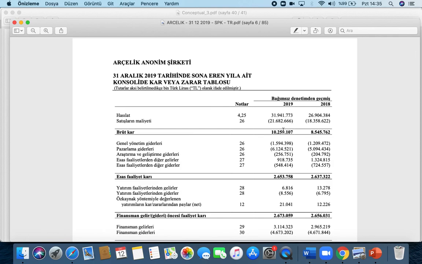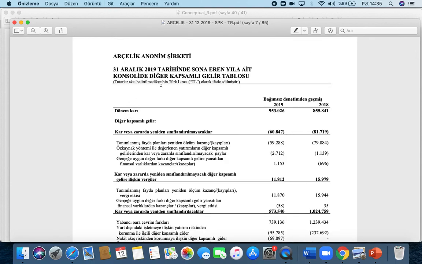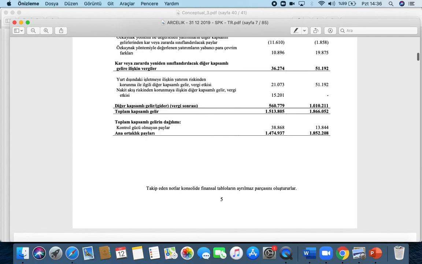So this is a flow, and you have to know this income statement or statement of profit or loss in my course. Then this is the statement of comprehensive income. It's totally different. I'm going to explain it later. This is not an income statement, actually. It's different. I'm not going to give the exact reason because that will mix up your minds. I don't want it right now.